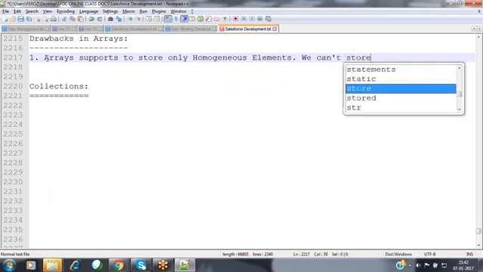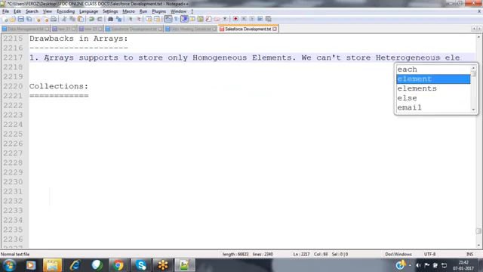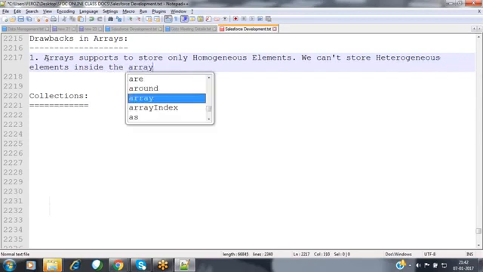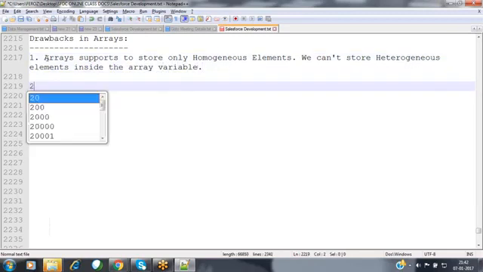We can't store heterogeneous elements inside the array. This is the first drawback here.